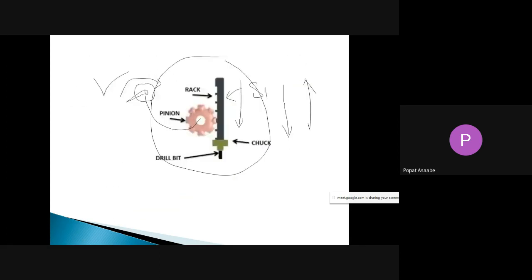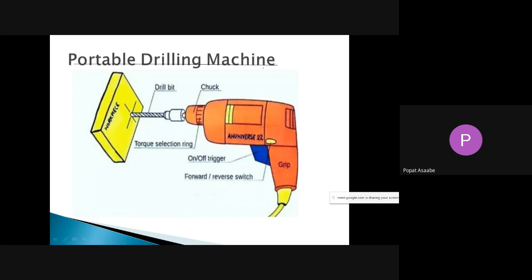See the picture of that portable drilling machine. This is the portable drilling machine, whatever machine we are going to use for domestic purposes. That machine is called a portable machine because such a type of machine we can bring and move anywhere. It is compact in size, and for such a drilling machine it is not necessary to bring the workpiece near to that machine, because we can move that machine anywhere.